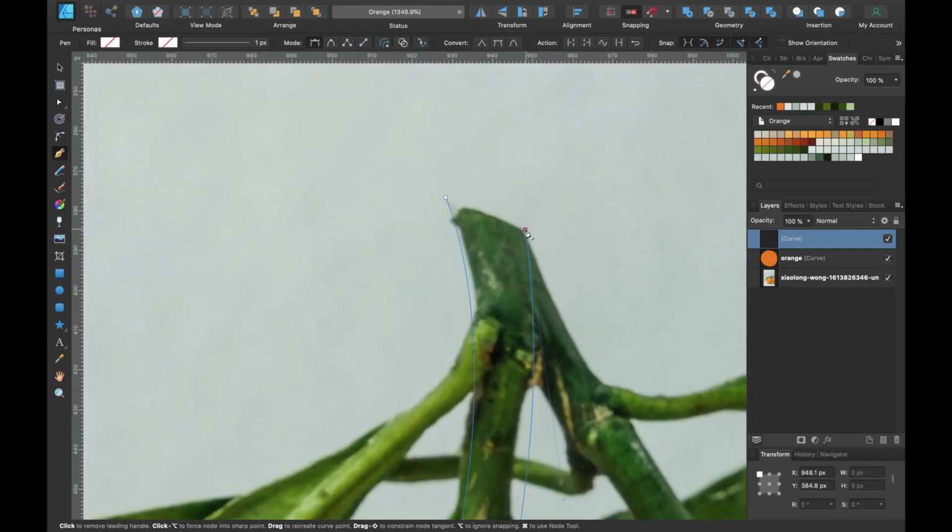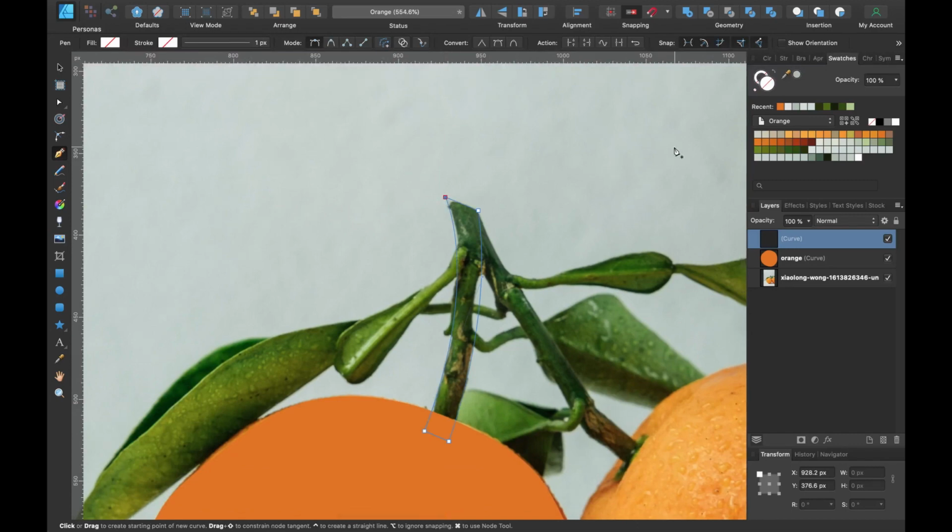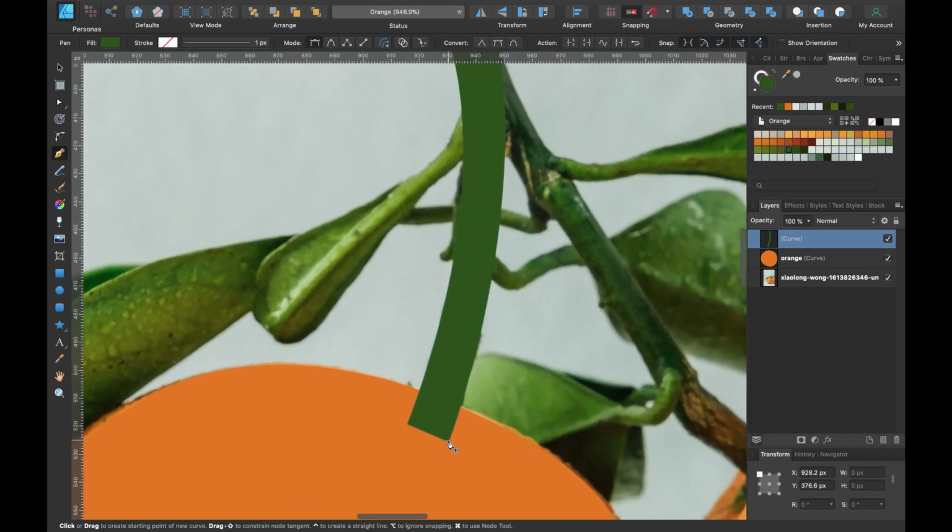Press Control and click, and that's gotten rid of that. And then I'll just click on that. Just bring it to a straight edge there. And let's give it a fill color. So I will choose one of these colors. And now that I've filled it, I think this is a little bit too thick down the bottom here. So I'm just going to click on Command, turn it into that node tool, and I'm just going to bring that in a little bit more.